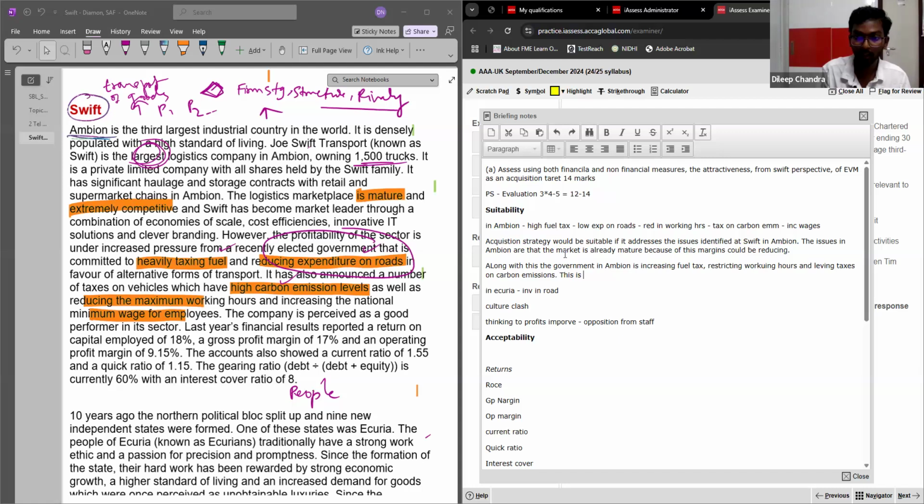This is a cost burden to SWIFT, right? This is a cost burden to SWIFT. So in Ecuria, what is happening over there? In Ecuria,